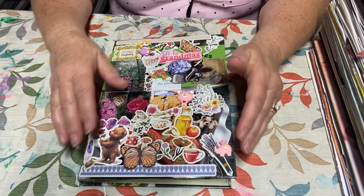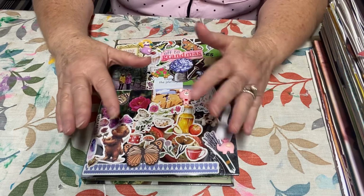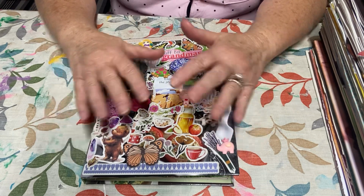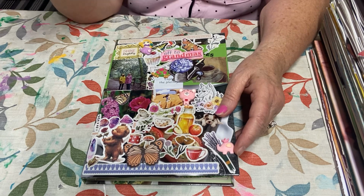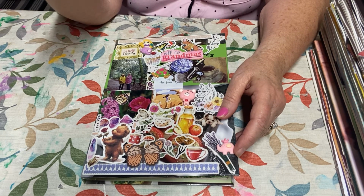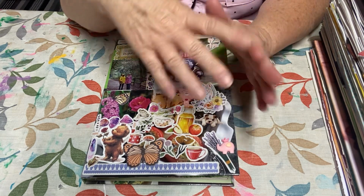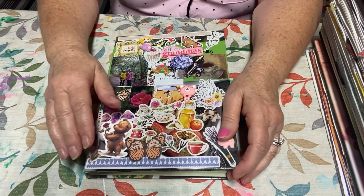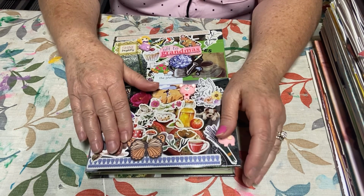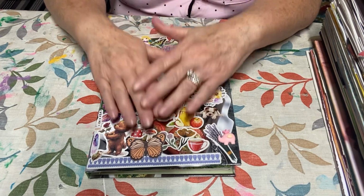I had done some of the swapping glues in a folder during COVID, and then I had done some Come Collage with Me, but I really didn't get the whole concept of the glue books and what a huge variety you can do in these glue books. So I decided, you know what, I'm going to start a glue book. My intention was to just do this one glue book